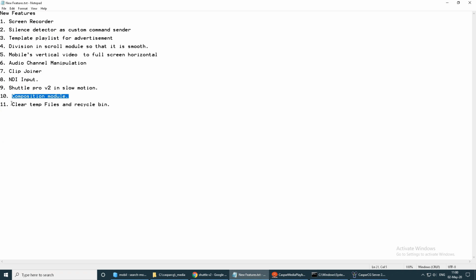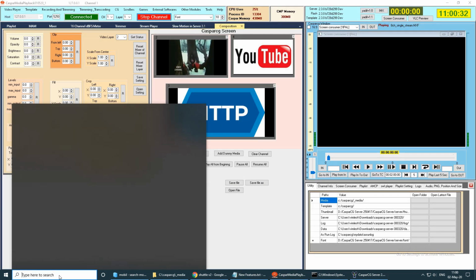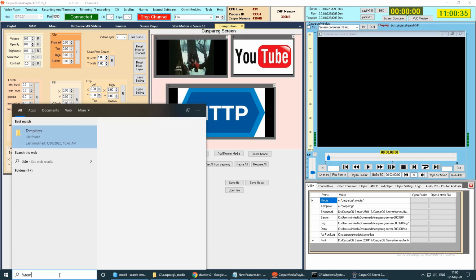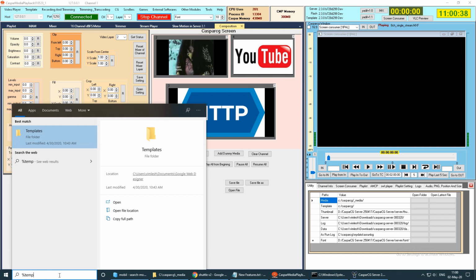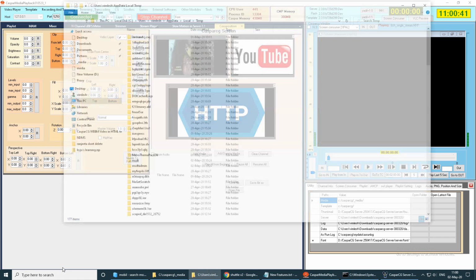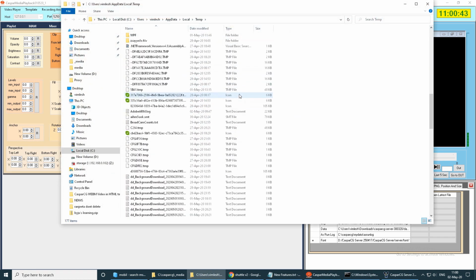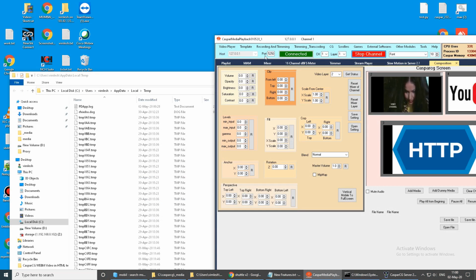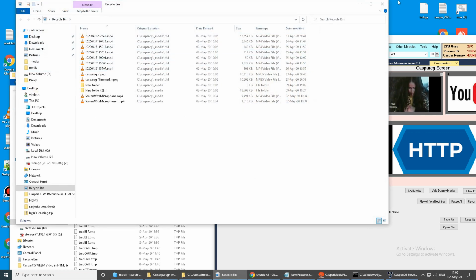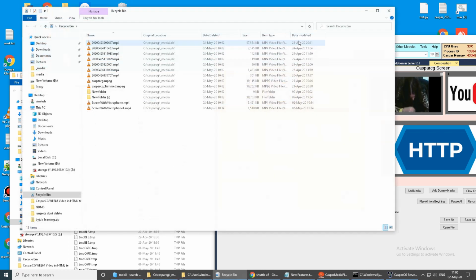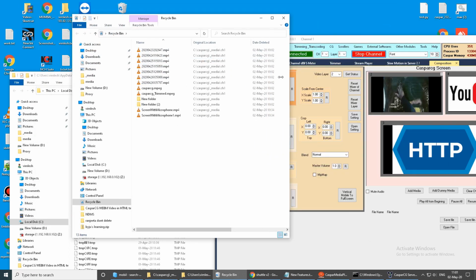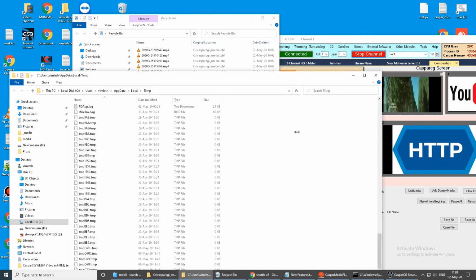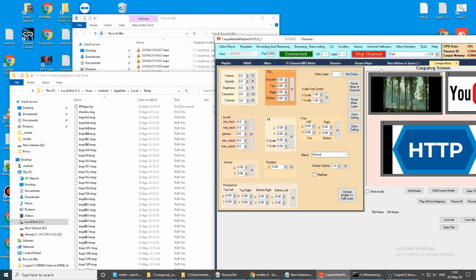Now next feature is clear temp files and recycle bin. Here you know in our Casper system sometimes gets slow. In that case, there are so many temp files. So when you click this, and there are some things in the recycle bin also. See here in the recycle bin this many files are there. So let us open it, and when you click that button, it will clear the recycle bin and the temp files both in one click.